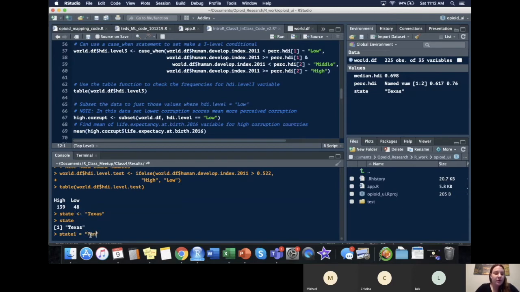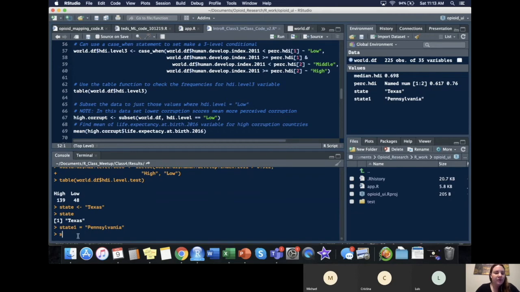So say we're going to do Pennsylvania. You'll see when I print state1, it equals Pennsylvania, just like you would expect it to. So this works the same way as this. However, if I do state1 double equals Pennsylvania,